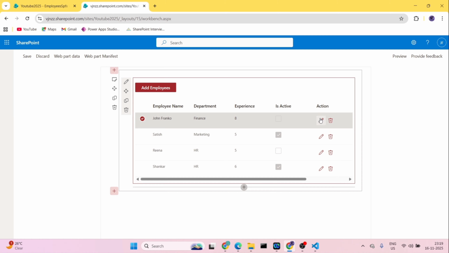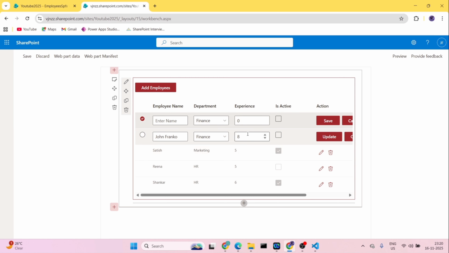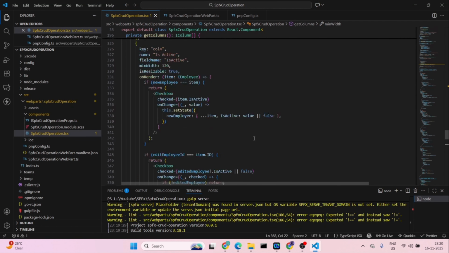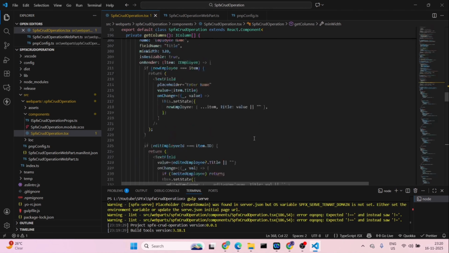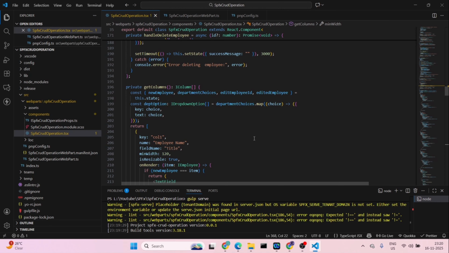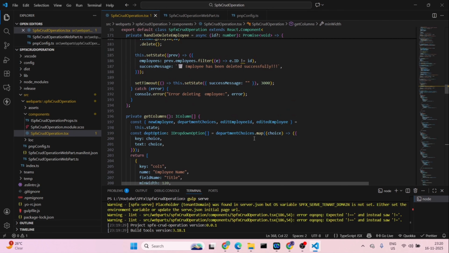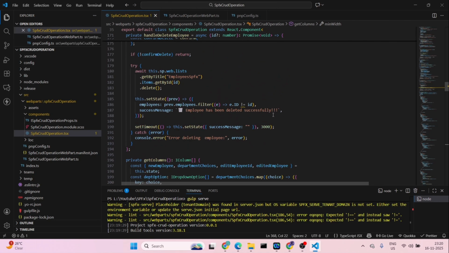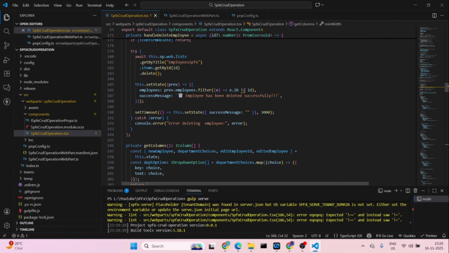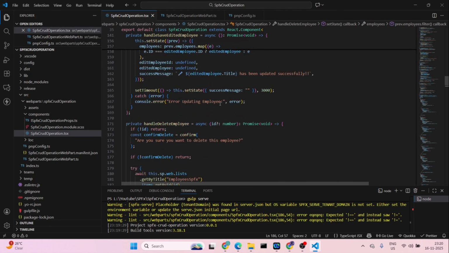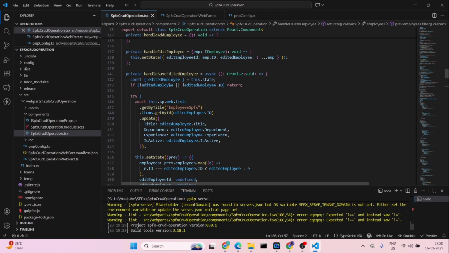But when I click on edit and then click on add employee, it is still there. So we have to work on that. What you have to do for that is, but before that, we have some warnings. Not sure where it is here. We have used double equals. We have to use triple equals, because it is TypeScript and it is very strict with what we are checking. And this is done. What we have now is we have to handle save,